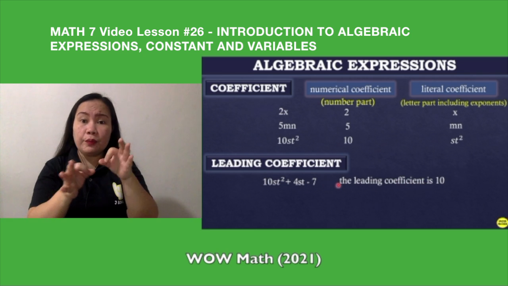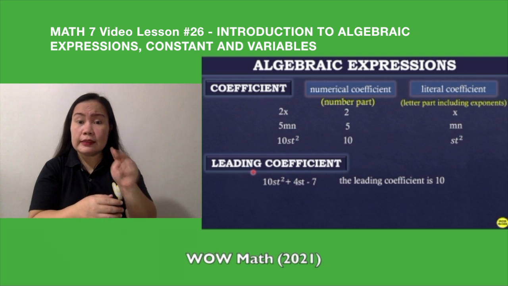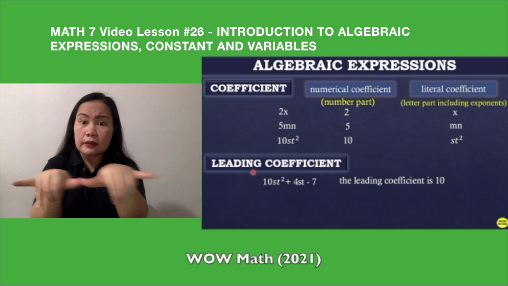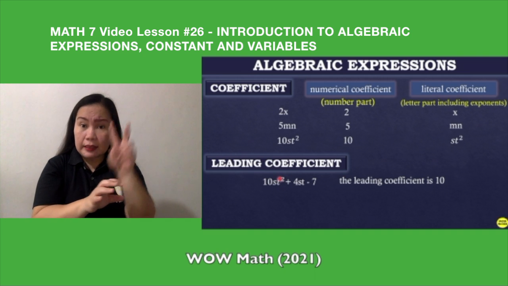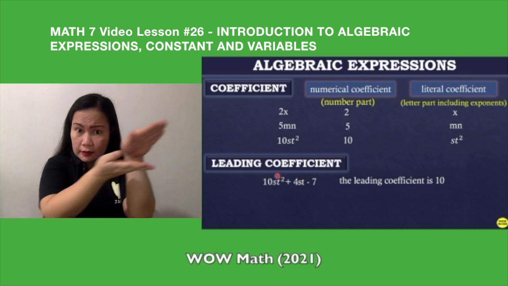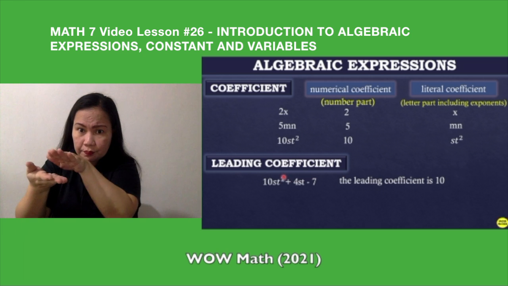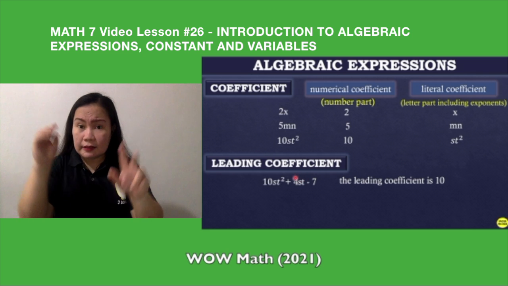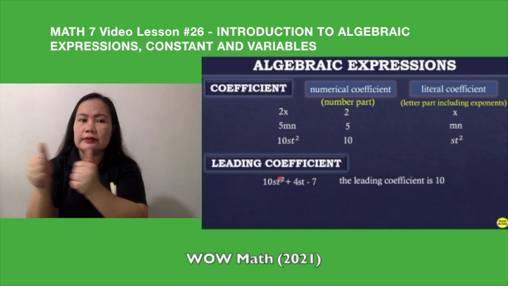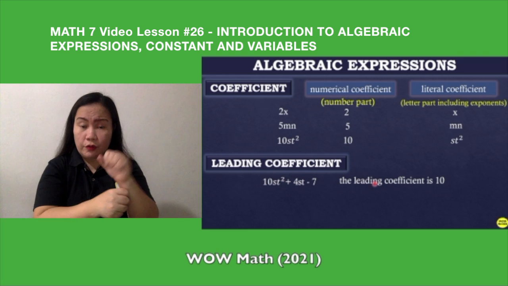But, take note that when we are getting, kapag kinukuha natin yung leading coefficient natin, you have to arrange it first into standard form. Pag sinabi natin standard form, ang exponent mo naka-arrange siya in descending order, pababa. So, simula sa mataas, pababa. Okay? So, ito, ang degree nito is 3, ang degree nito is 2. Okay? So, kapag ganun, kailangan naka-arrange po muna ang ating algebraic expression into standard form bago natin makuha yung leading